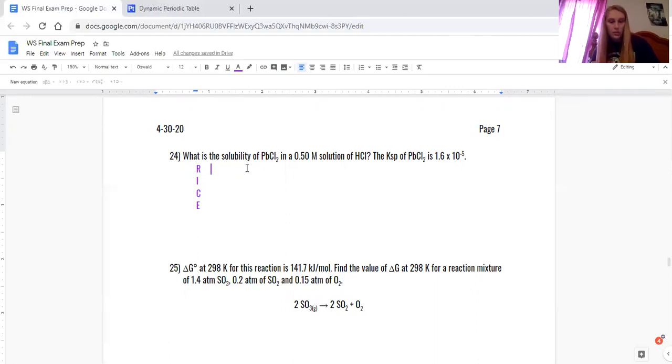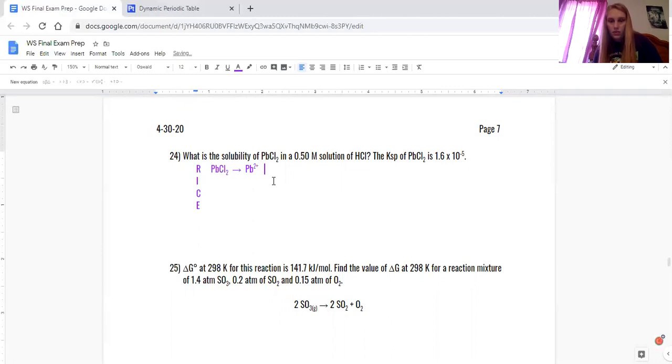Okay, so we have PbCl2, and that is going to dissociate into, and really when I'm drawing, everywhere in this worksheet where I've drawn this arrow, it's really supposed to be a double-sided arrow going back and forth, but I don't remember how to do that in here, so I just put the regular arrow. Faster, easier, the majority of the time. And then that's going to dissociate into Pb2 plus,